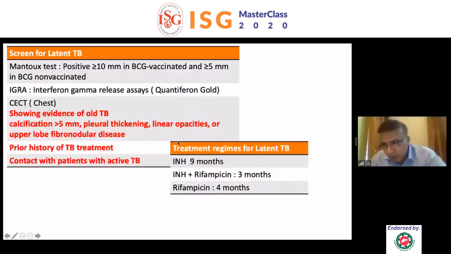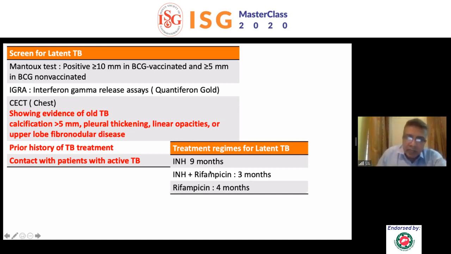Then you have to screen for TB. If you're going to screen for TB, do a Mantoux test, do a CT test, do an IGRA test. You may do both Mantoux and IGRA if possible, otherwise do one of them. And if any one of them is positive and it shows active TB, obviously you won't start. But if it shows latent TB, that is Mantoux positive or IGRA positive, then you would like to give treatment